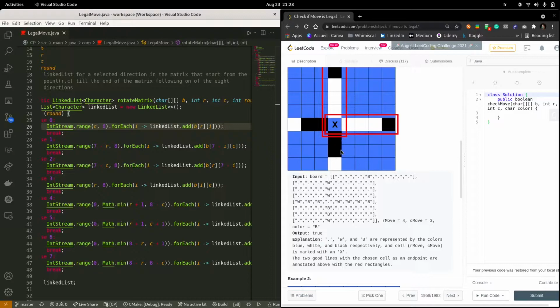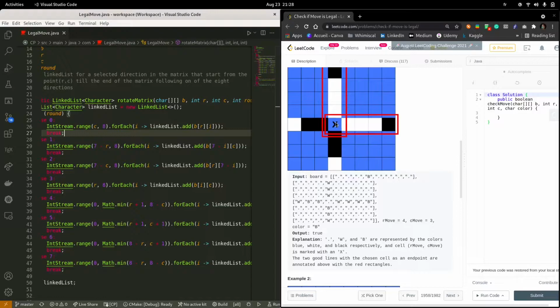And the thing that we are going to do is add to the linked list the value in the board which has this coordinate r and i. So r is a fixed value, so we are here. If we take in consideration that we are here and starting from this column, that means we start from this point, and we are going to add this value to the linked list,